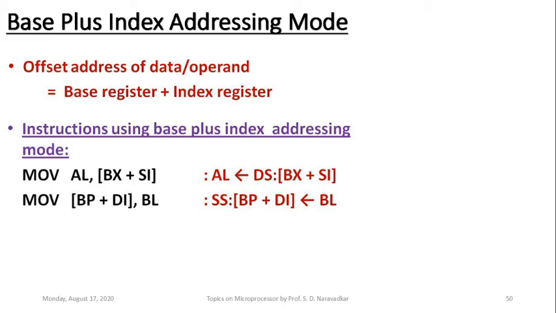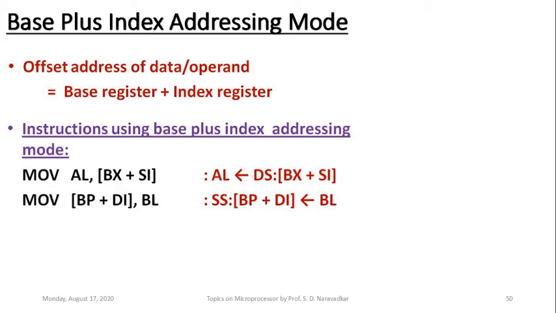But this offset location BX plus SI will always be from that corresponding data segment here. Okay, that's why on the right side, data segment, offset given by BX plus SI, which is defined inside square brackets, just that 8 bits of data or operand is read, and this 8 bits of data or operand is copied to the AL register, the destination.